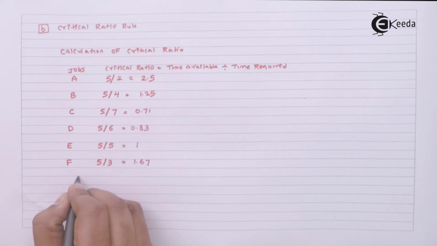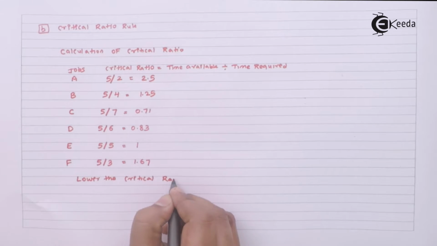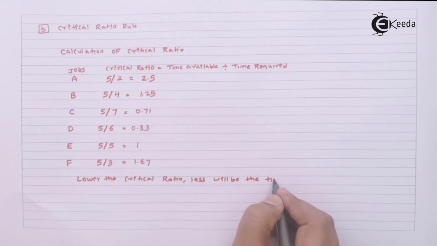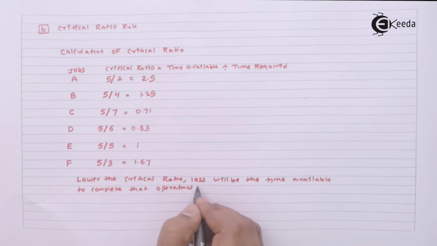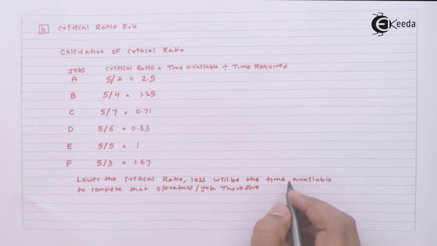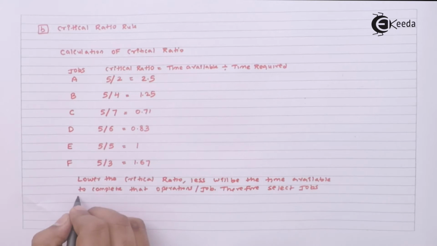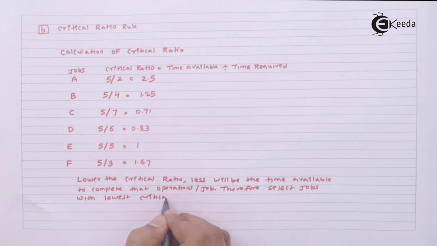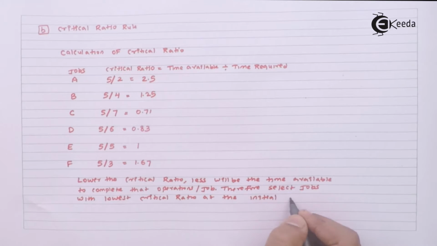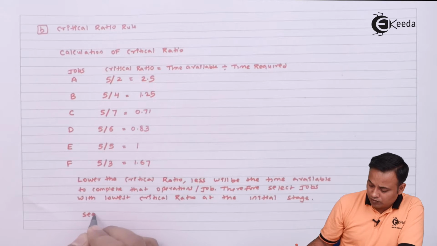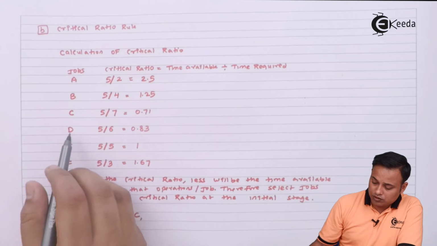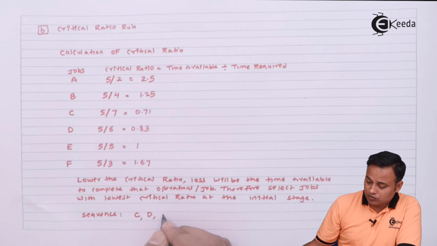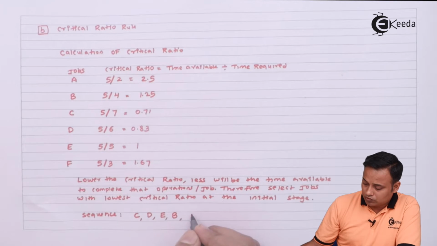First we'll write the comment. So based on that my sequence will be: first I will place job C, then job D, then job E, then job B, job F